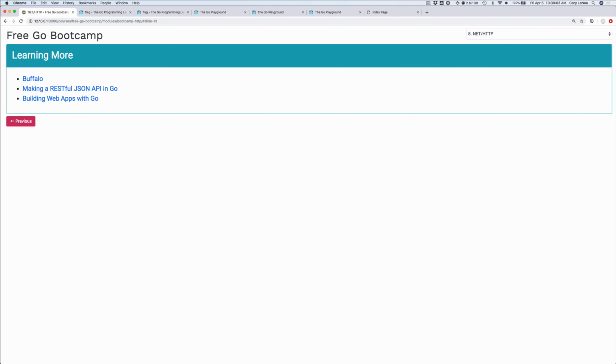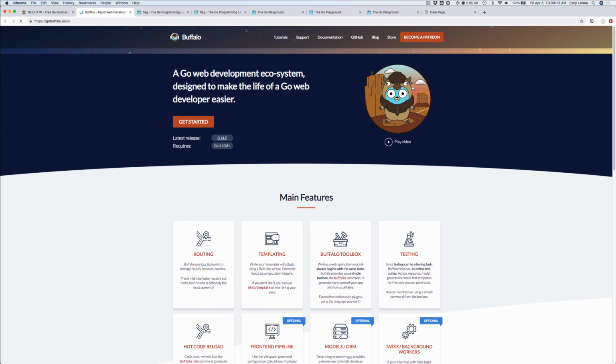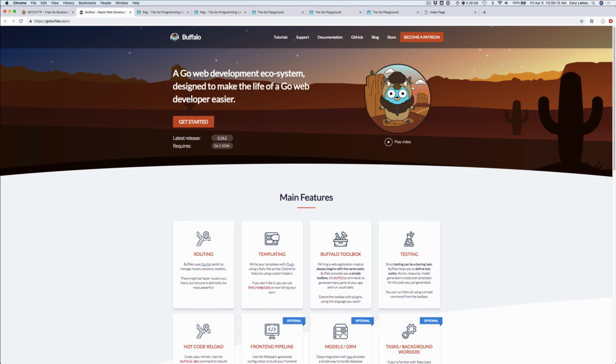So if you want to learn more about doing web and web services in Go, there are a lot of resources out there. Buffalo is a great framework. If you're not familiar with it, it takes a lot of the rough edges out of web development for Go. It has all the major features you're really looking for. A lot of people say this is kind of like the Rails of Go. So if you like doing Rails development, which is really fast and really easy, Buffalo might be a really nice fit for you. It does things like migrations as well. It has just a ton of stuff out there. It does feel very much like Rails development, but you get the speed and security of developing in Go. So that's really, really cool.